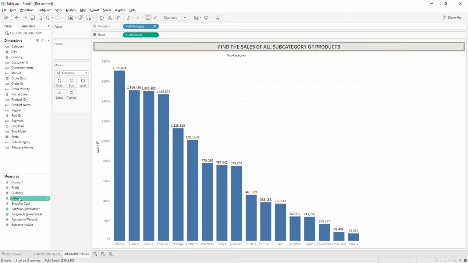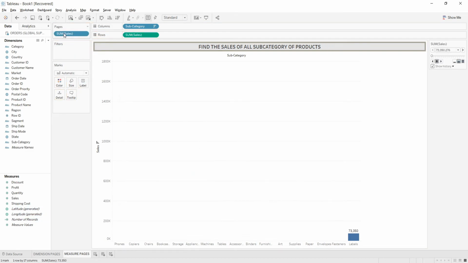So I am dragging sum of sales over pages, and see, when I am keeping sum of sales over pages, it has changed to blue color, which means it has now been changed to a discrete measure. And you can also see in pages that each page has a discrete value of sum of sales.